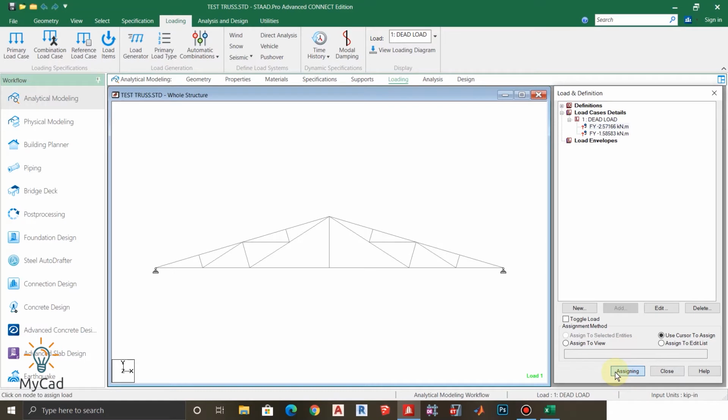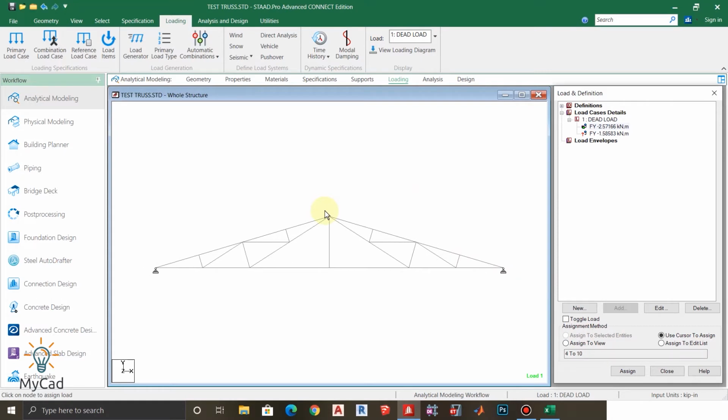That means now I can assign my loads to the nodes. So our intermediate nodes are this node, this node, this node, this node, this node, this node, and this node. As per our requirement I have selected those nodes, and now click on assigning again to close that.